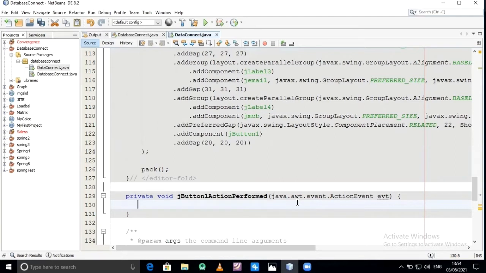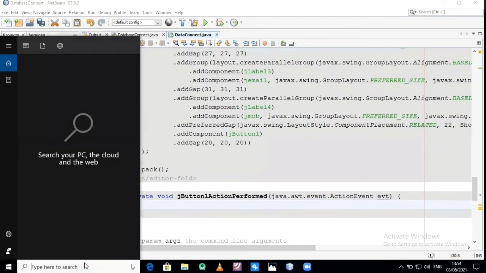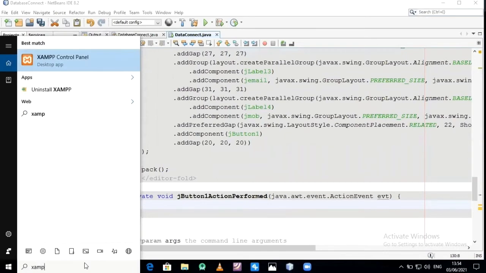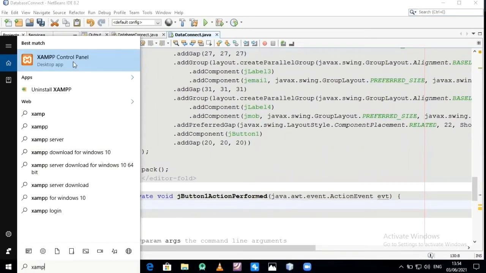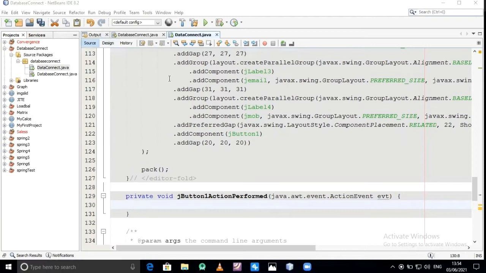So for that we require the MySQL database. For that I have used the XAMPP server, XAMPP control panel. So for performing the operation, you require the XAMPP server.